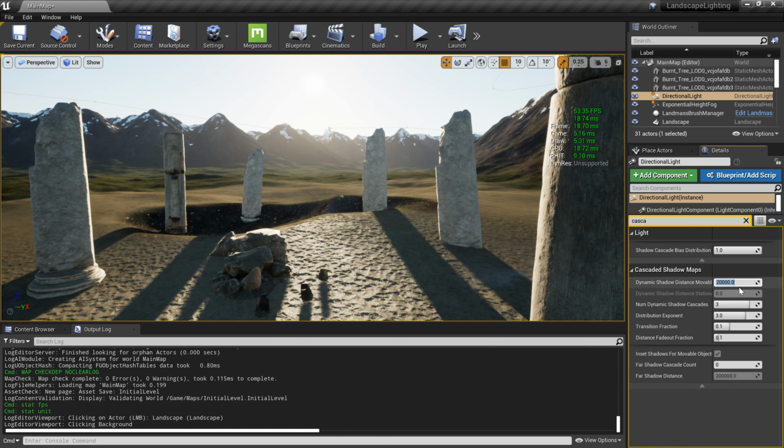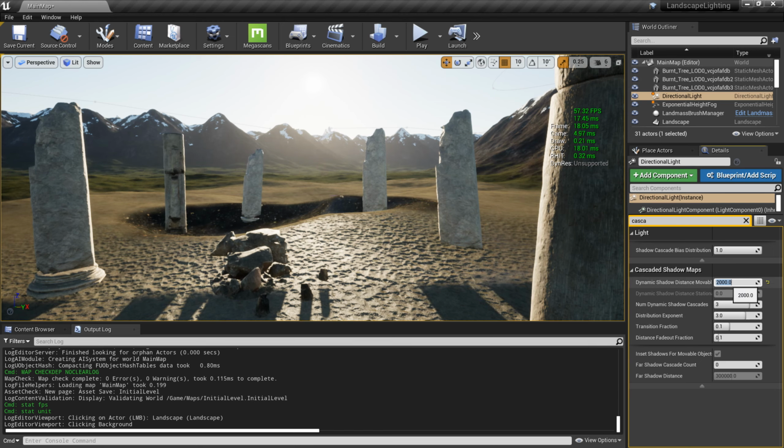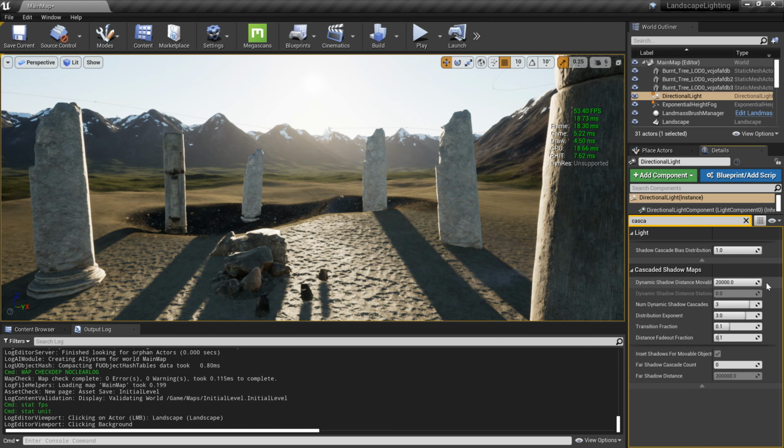For example, I can show you that. I can increase this number to something like 200,000. You can see it increases as I increase that. But if I put something around 2,000, I get a much improved result. So I think in this case we need to use 20,000. It looks decent. And of course, I can also reduce the number of cascades to 1 and gain